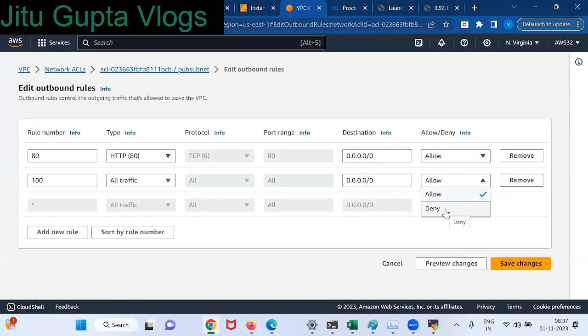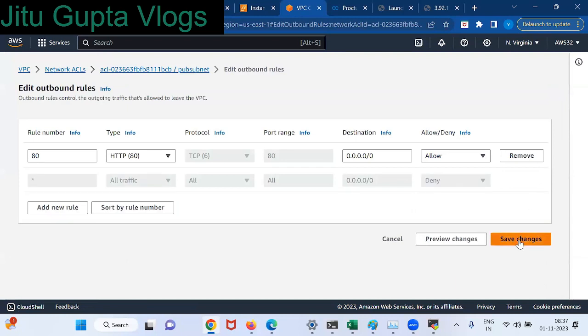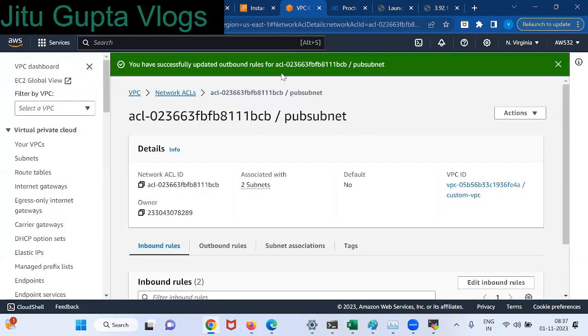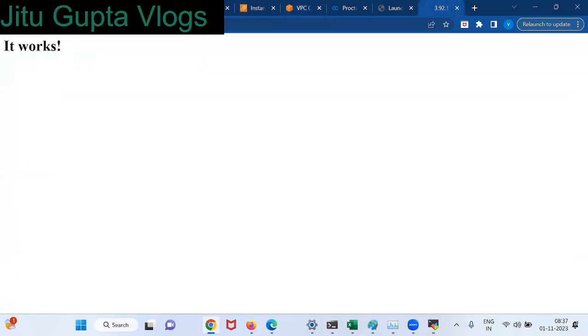Now deny all traffic. No. Save changes. Rule number 1. So something is there in the numbering system.